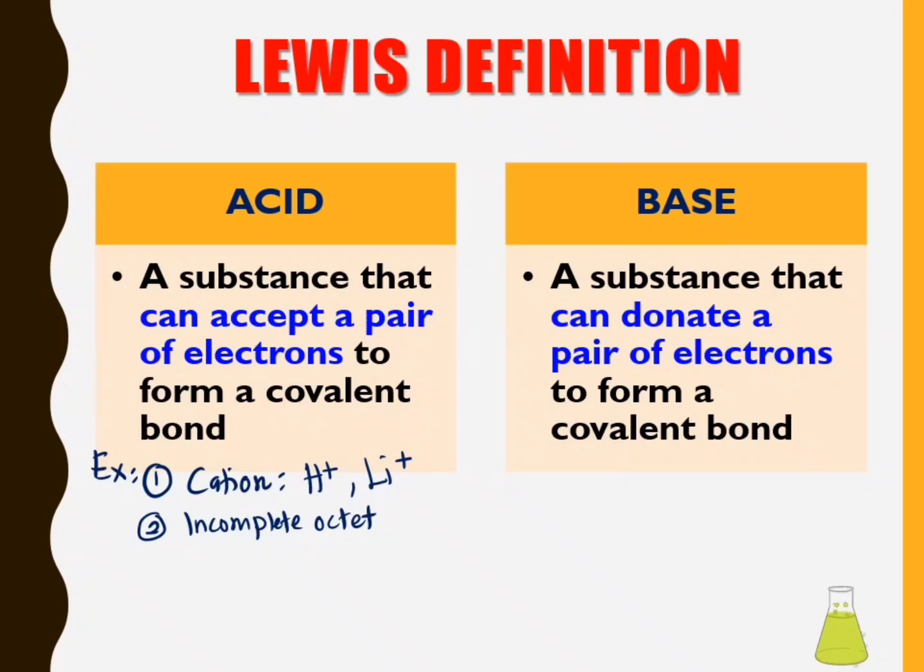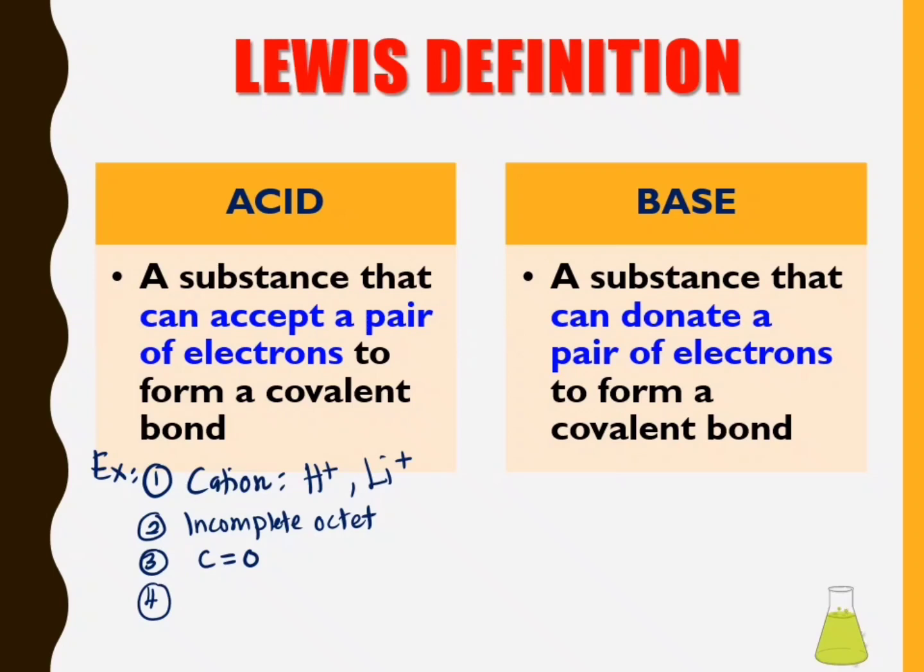Yang ketiga, molecule that have polar multiple bond. Saya ulang, molecule that have polar multiple bond. For example, molecule that consists of C double bond O. Kalau molekul yang ada C double bond O, dia cenderung untuk accept elektron. Boleh? Okay, next adalah yang keempat,